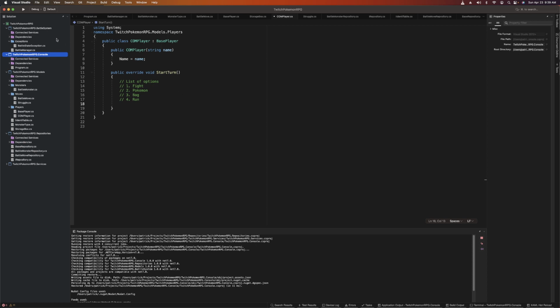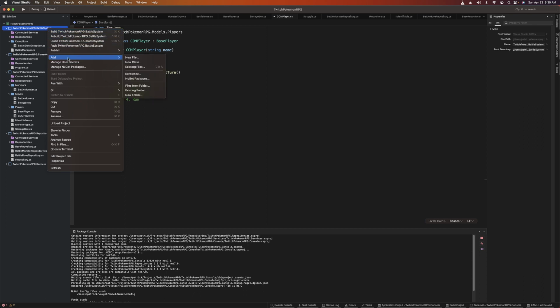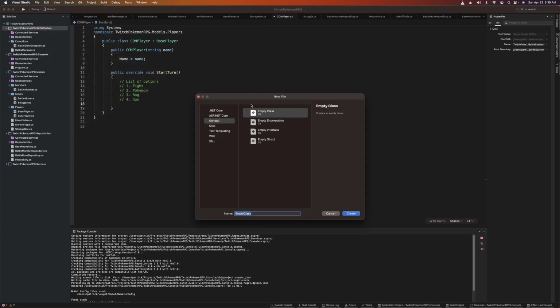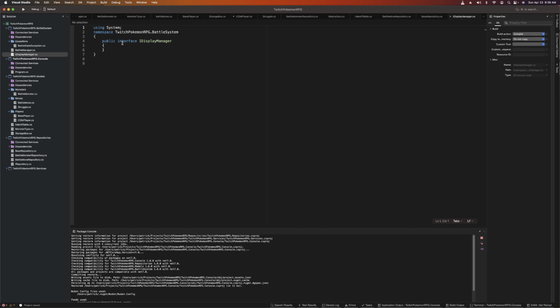So in our battle system, let's add an interface. This interface is going to be something like iDisplay utility or something. iDisplay manager. And so its job is going to be to